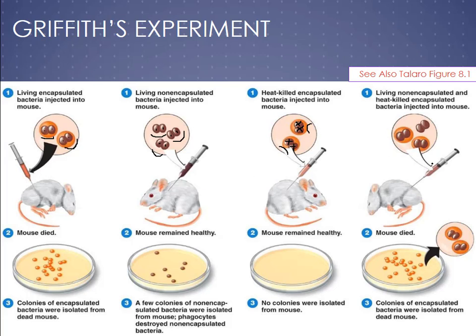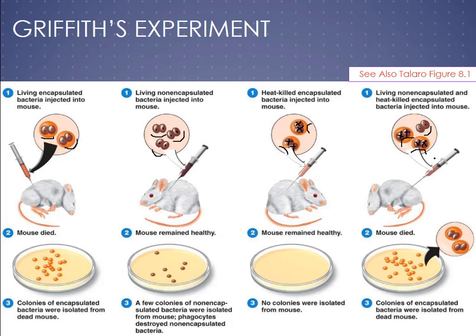The fourth part of the experiment, after we've laid out our three tenets, is what really shows that the organisms are able to take naked DNA up from the environment and express them as their own, as horizontal gene transfer. What he did was he took the organisms from parts 2 and 3. So he had the encapsulated organisms that were dead, could not kill the mouse even though they had the capsule. And he had living organisms that were mutants, could not kill the mouse because they could not form a capsule.